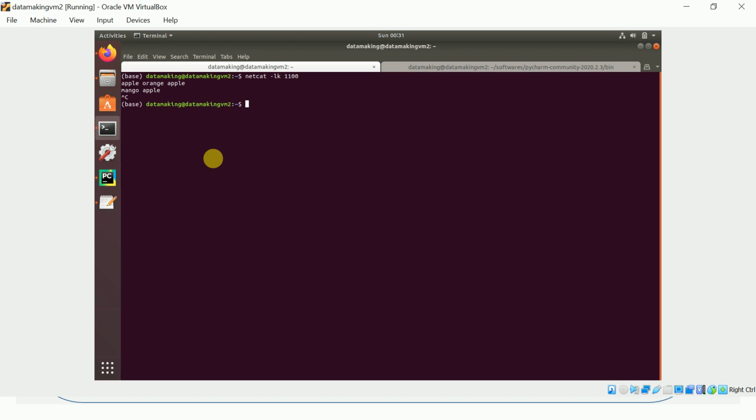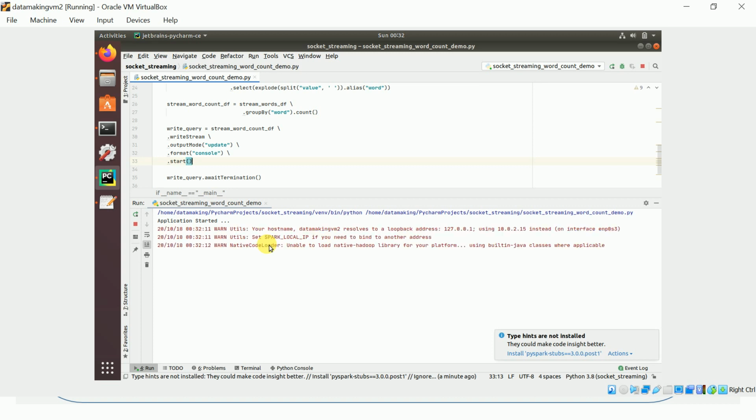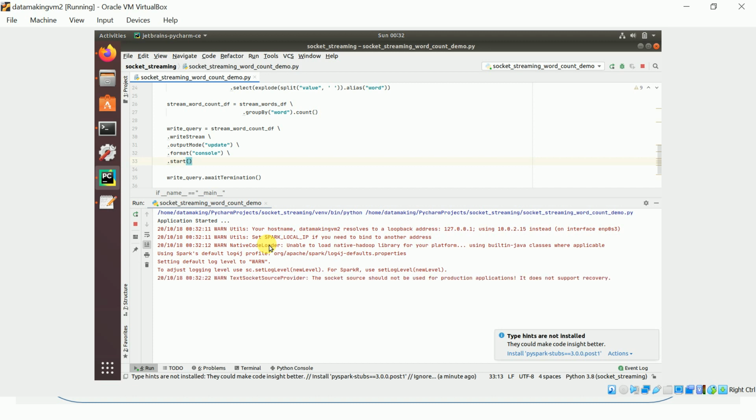So I will kill this. Again, we'll start it. Now let's start our application. We changed the output mode to update. So in the output, whatever data is getting updated in the result table will be emitted.